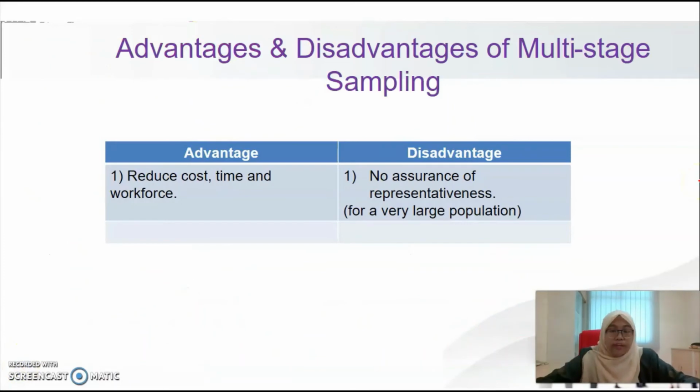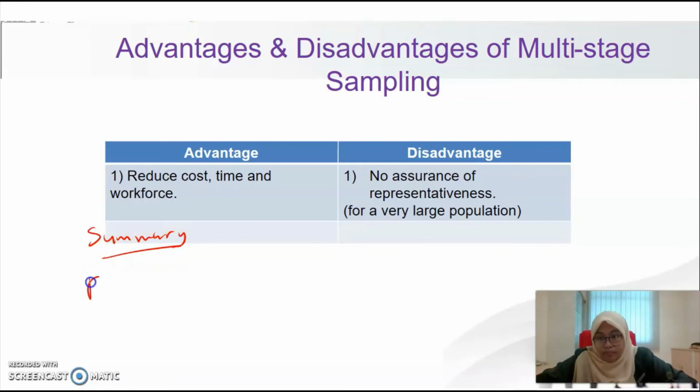One of the advantages of multistage sampling is that we can reduce cost, time, and workforce. But the disadvantage is no assurance of representativeness, especially when we are dealing with a very large population. So that's all for probability sampling. For summary,